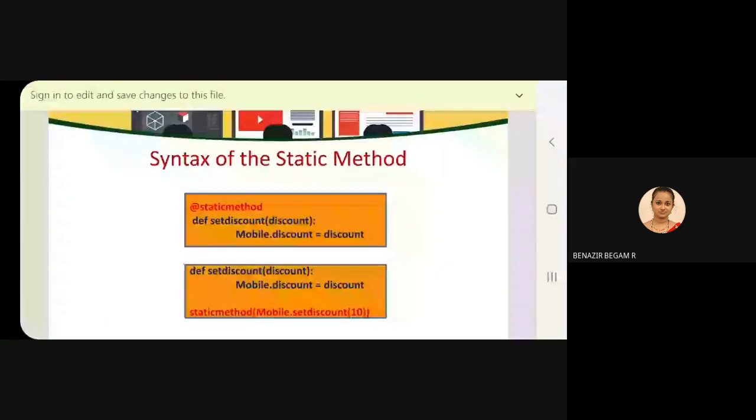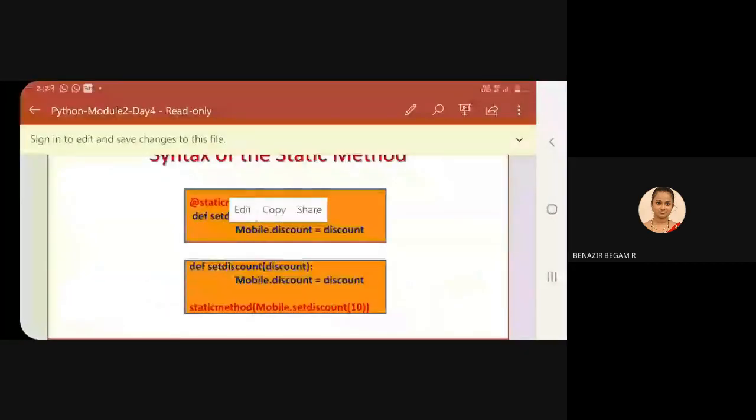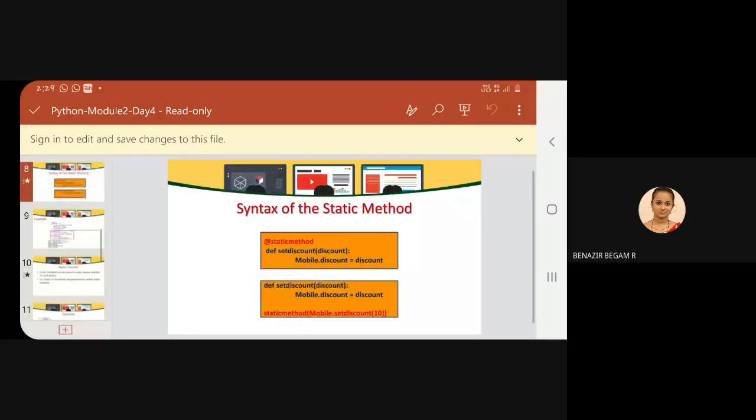Okay. So here they have, first, before defining the static method, we have to include @staticmethod, and then after that we can define the method. So here there is no self parameter, we need not include that. And also, to access the static attribute, we have included only the class name, Mobile.discount equal to the discount. So first, this discount is actually the class name dot discount, so that represents the static attribute, and the next discount is